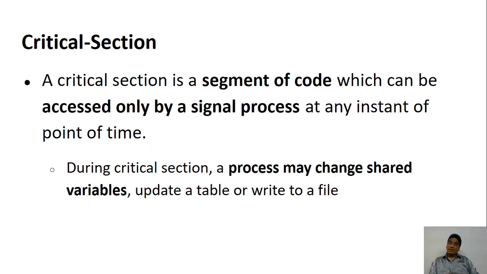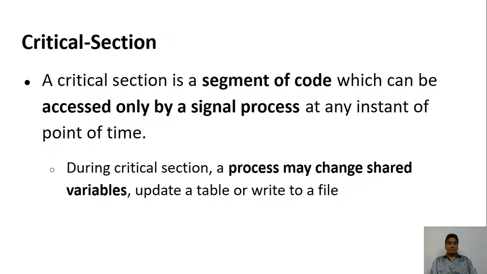So this place where a concurrent process accesses the shared resource is called the critical section. So in your code, the counter plus plus, the one that I have shown you there, what is counter? Counter is a shared value between the producer and the consumer. So it's shared data. Whenever a process goes and accesses the shared data, that code, whichever code you are writing in the program, is called a critical section.